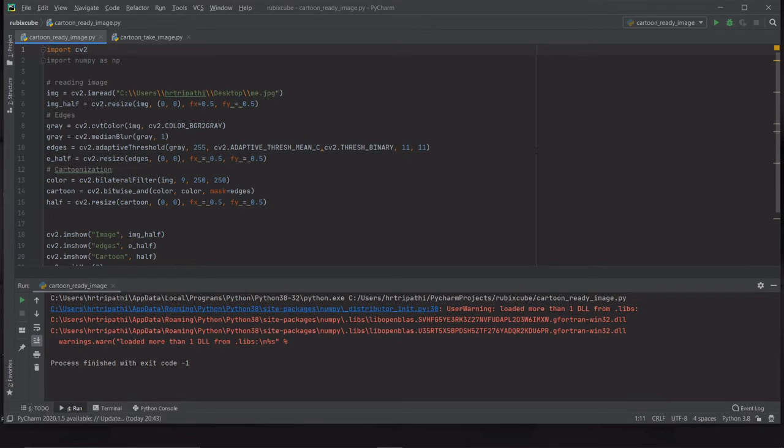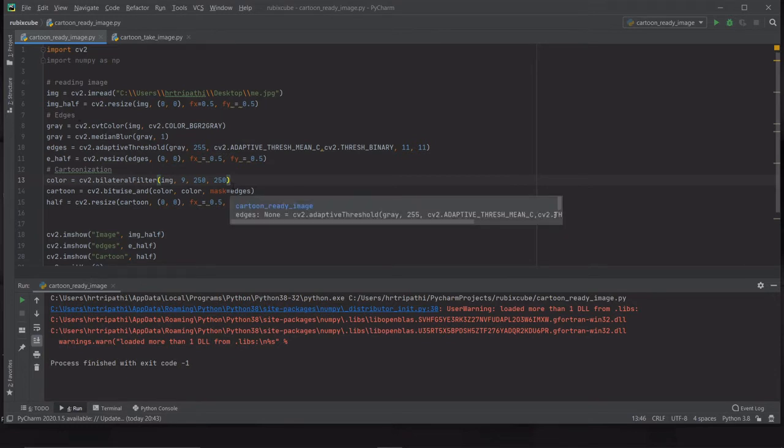You can just look up the documentation for what exactly the parameters are here. Next up, I'm going to be resizing my pencil sketch. This edges basically corresponds to my pencil sketch. So I'm going to be resizing the final output by half as well. Now for my cartoonization, or cartoonifying, or whatever you like to call it, I assign the variable color, and that is cv2.bilateralFilter. I pass my original image, and these are the parameters: 9, 250, 250.